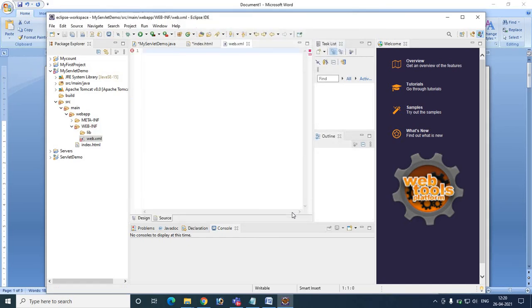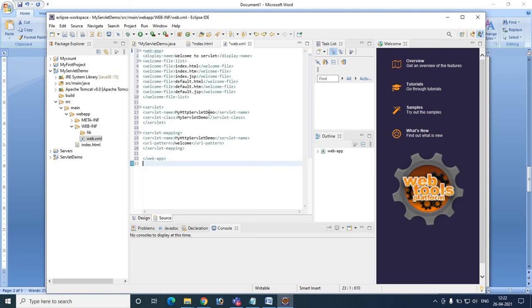I think now the XML file is created. Right, the XML file is created. So in the web.xml file, we have to